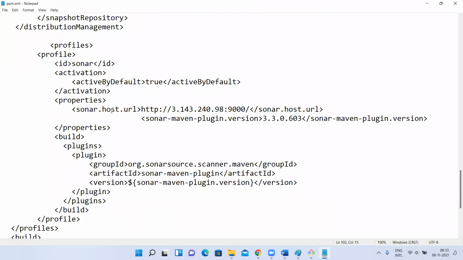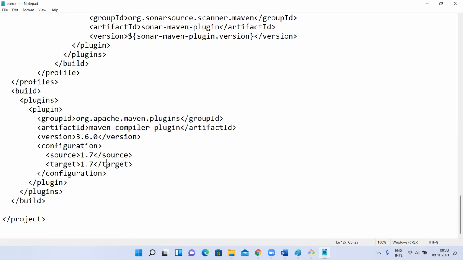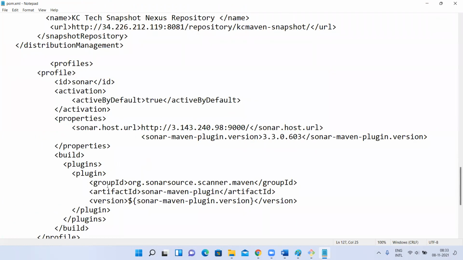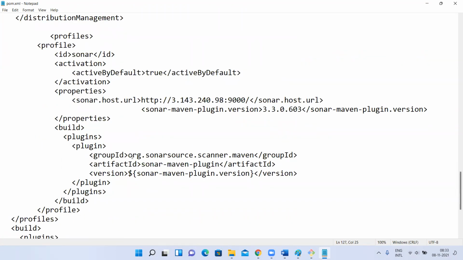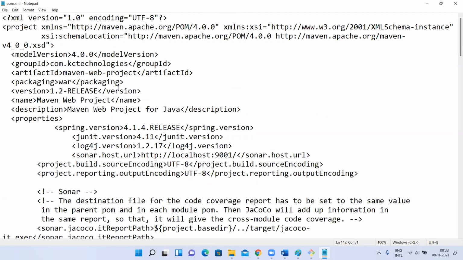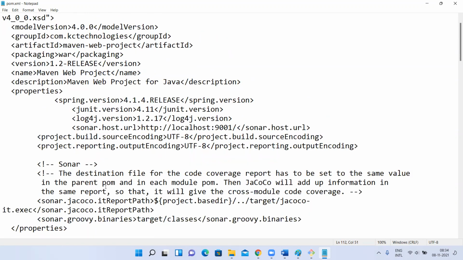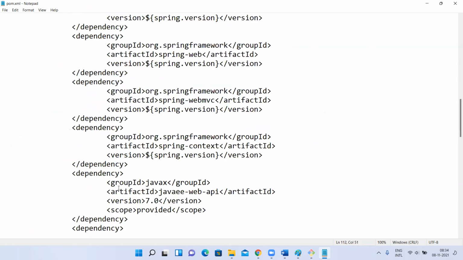Here, what I'm going to do is add one plugin. What is that plugin? It is the Sonar Scanner, the Sonar Maven plugin, right? So this is called the Sonar Maven plugin. The Sonar Maven plugin version I'm reading dynamically from here. Somewhere I mentioned it in the properties, right?